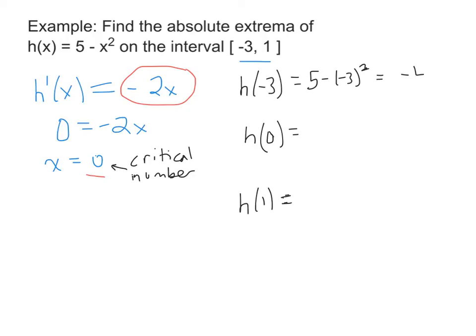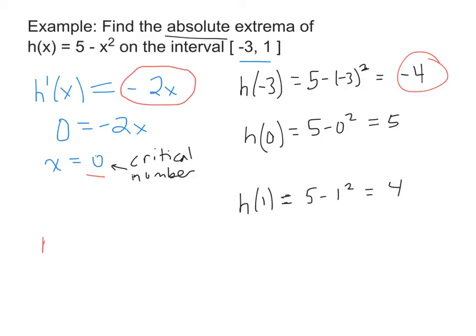Looks like -4. At h of 0, this is going to be 5 minus 0 squared, which is 5. And when h is 1, this is going to be 5 minus 1 squared, which is 4. Okay, now I'm looking for the absolute extrema. So, I've only got 3 values here. Well, what's our smallest value? -4. So, we would say that